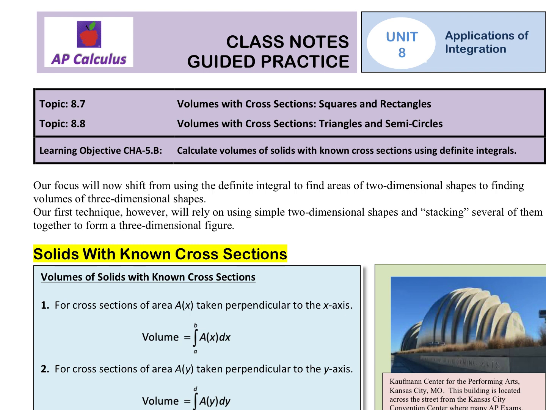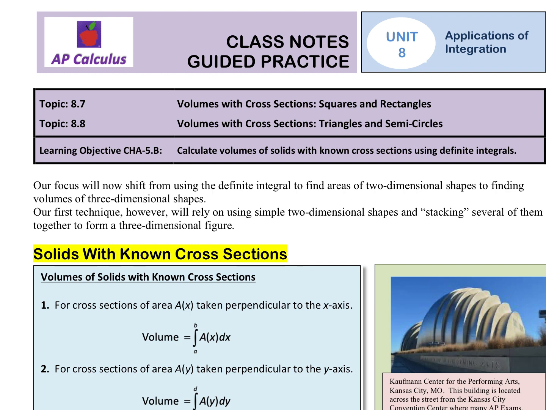But if we have something that looks like this shape here from Kansas City, I don't know how to find the area or the volume of something like that, but with calculus, you can, okay? So what we're doing today is we're taking all of these different cross sections, specifically rectangles and squares, and we're stacking them next to each other between the 2 curves to create a 3D shape. Okay, so what I mean by that is there is